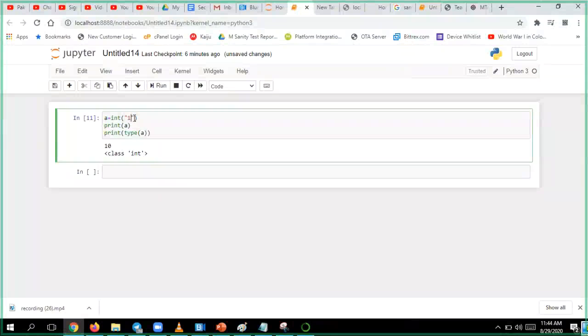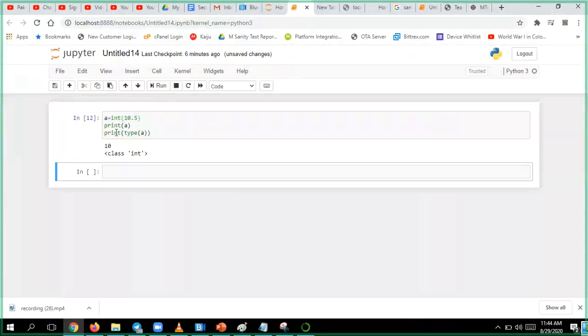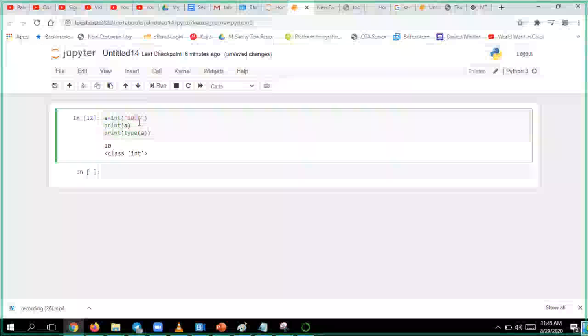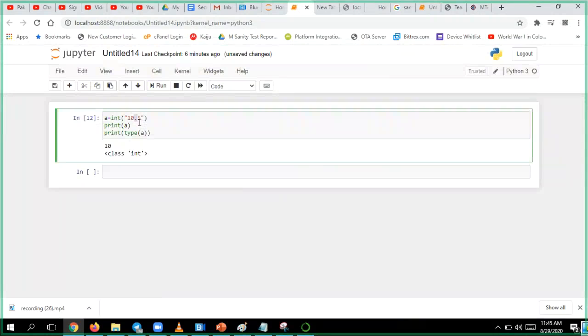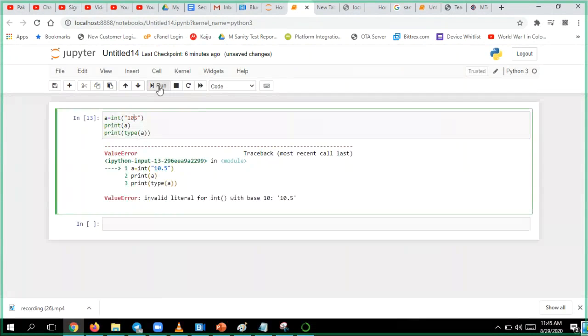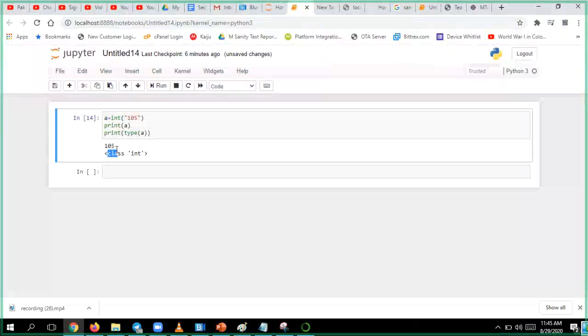Okay, float, is it possible to convert float to anything? Yes, it is 100%. See this, now I have 10.5, I would like to convert it into integer. Yes, it is possible, but what is the difference? Now it considered this particular dot as an invalid literal. It can, but this dot is there, right? So that is the reason when I try to run it, it will provide me an invalid literal. If I don't have the dot, it will convert properly into integer.